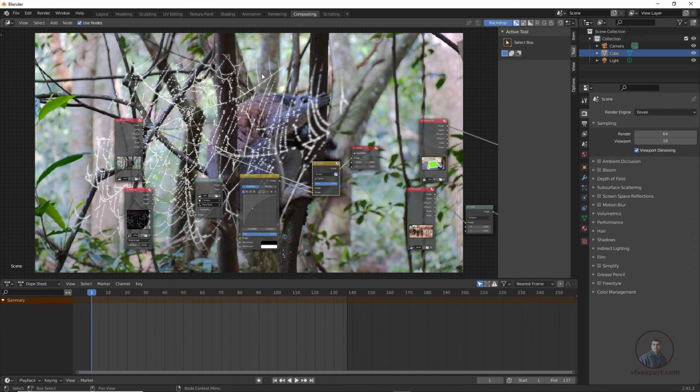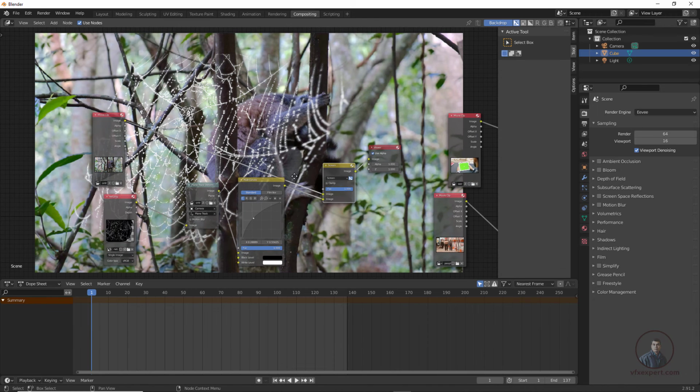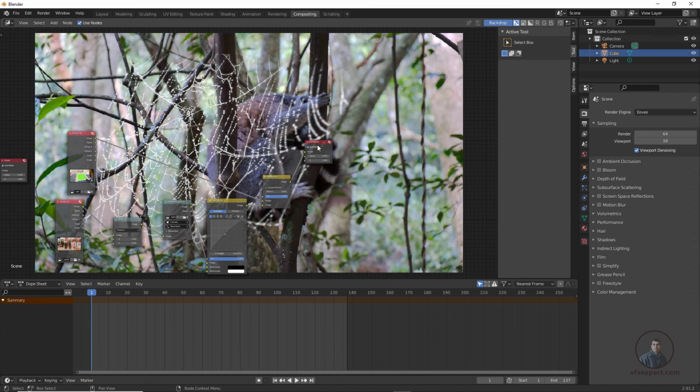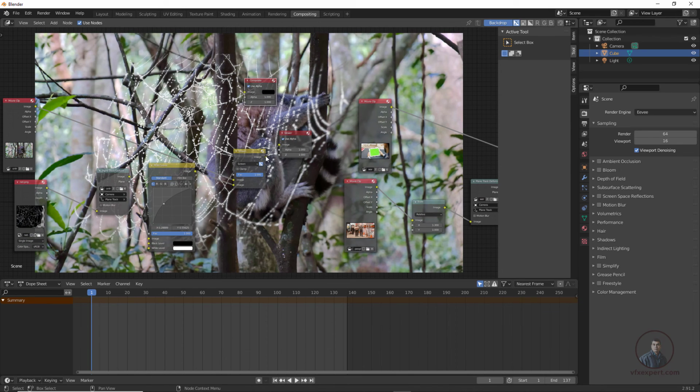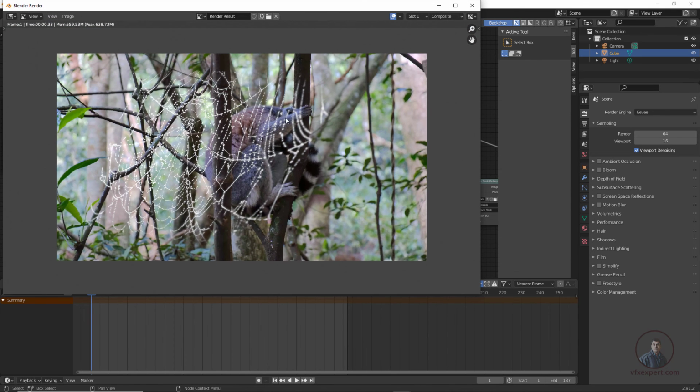So finally now I am going to render our shot here. Again we have to use our composite node, unplug it from here and attach it in our final compositing here. So connect it here, this one. Now click here, click on render and render image. So this is our final output.